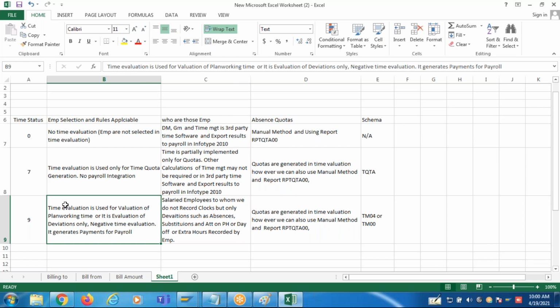You joined a company, guys. Nowadays every company is recording the clocks with biometric systems or other time terminals to record your clock in and clock outs. But are these companies using those clock in and clock outs to pay you your salary? Are these companies reducing your salary if you are late? In India, are the companies reducing the salary if you are late, guys?